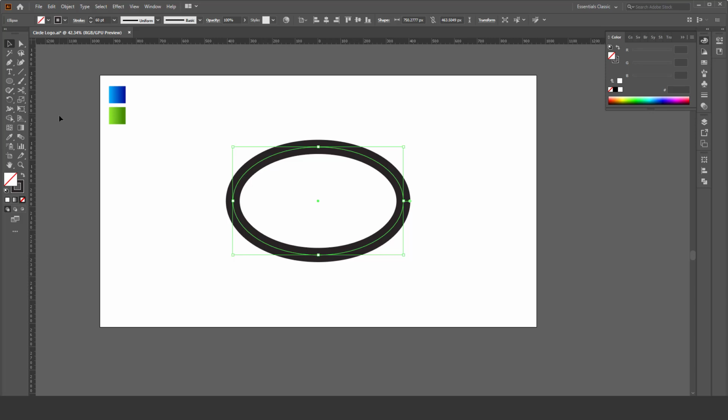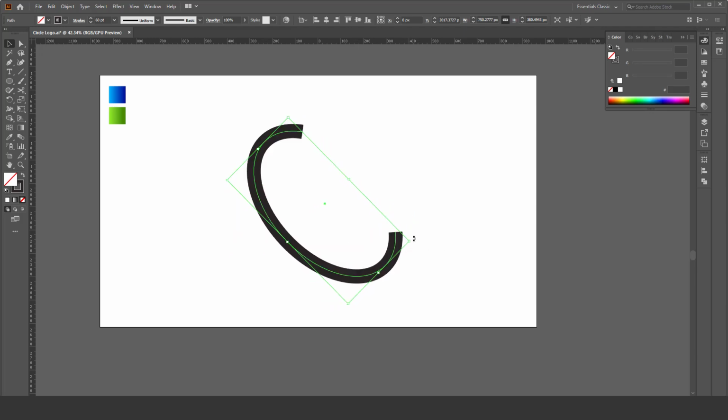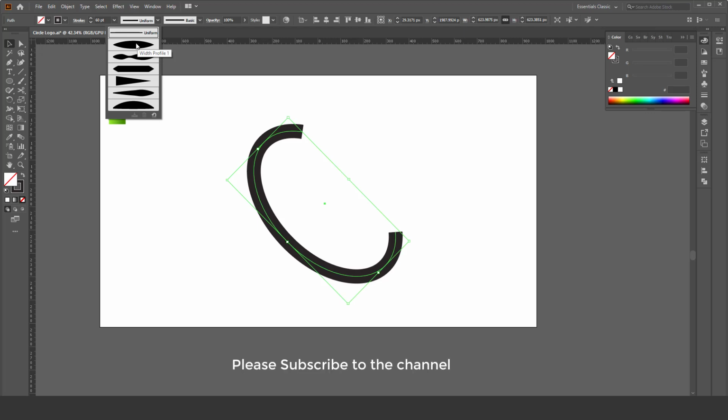Now take the scissor tool and create a cut like this. Now remove this part, rotate, choose this stroke width profile,